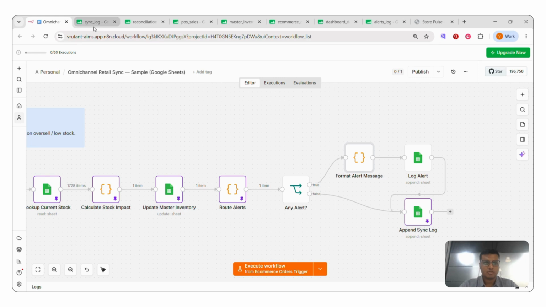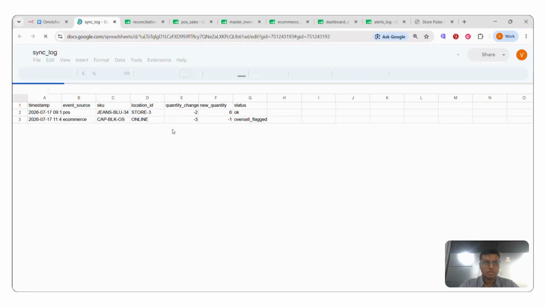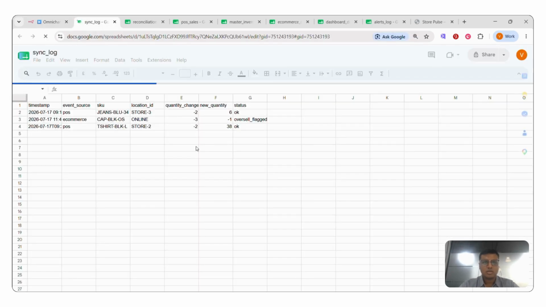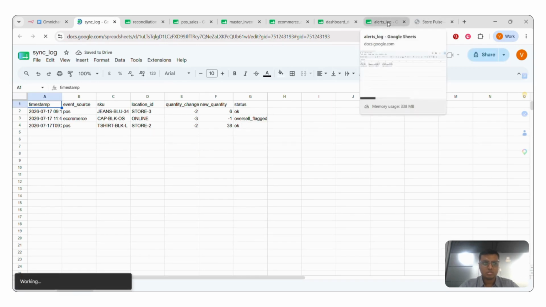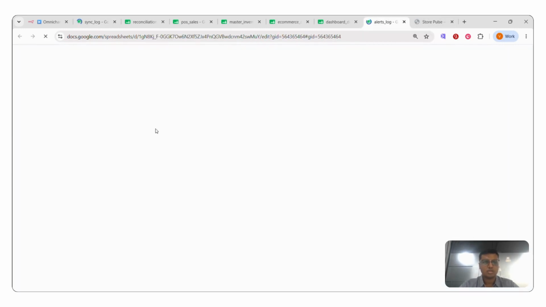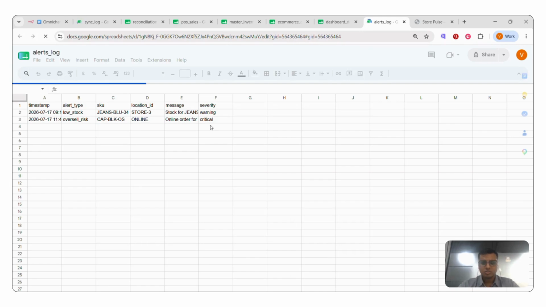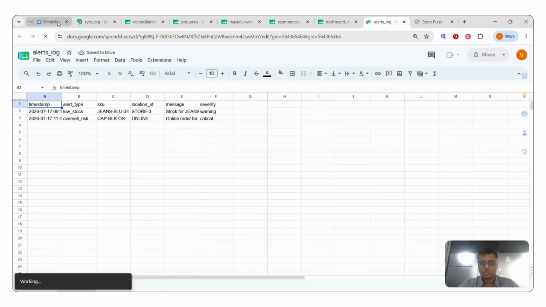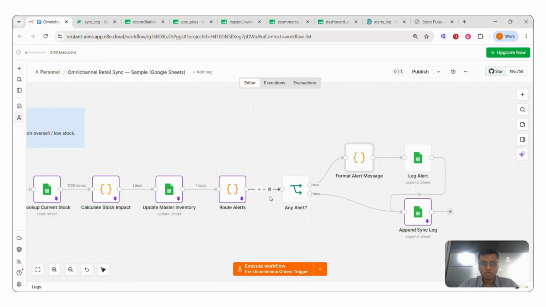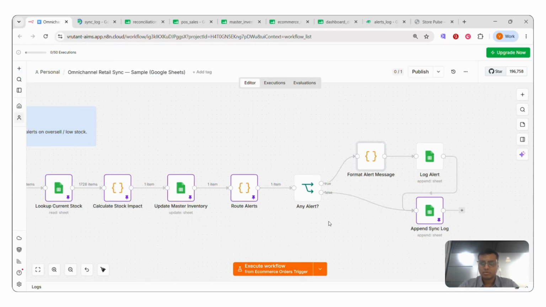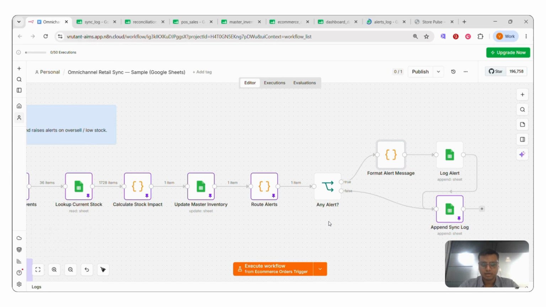So here you have the sync log that is there on a Google Sheet. And at the same time, this is how we are capturing the alerts as well in the alert log. So once you have all of these things in place, where you are mapping your order data all in one place and ensuring that your inventory is being tracked based on that,